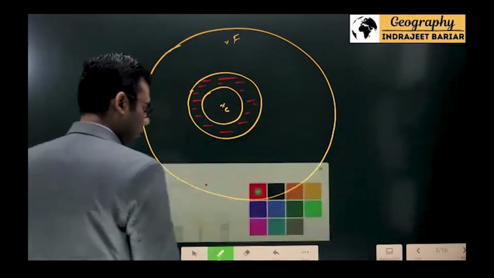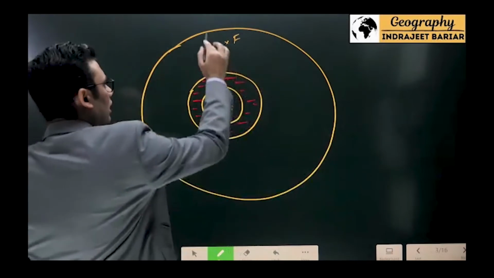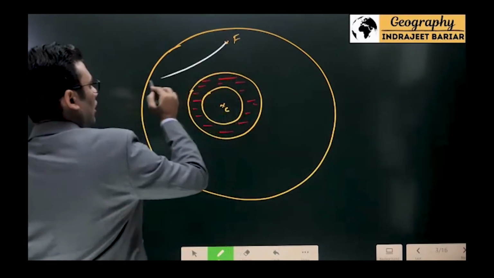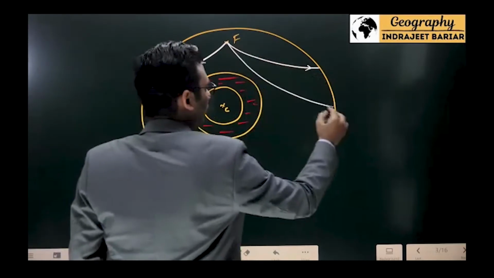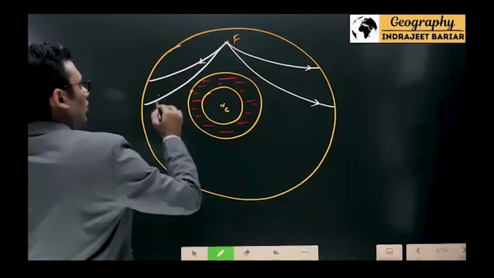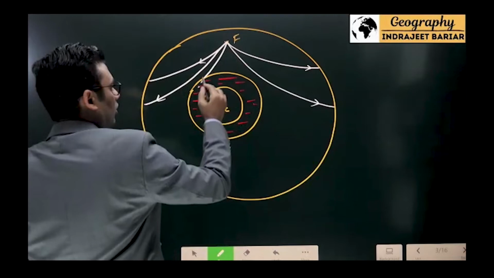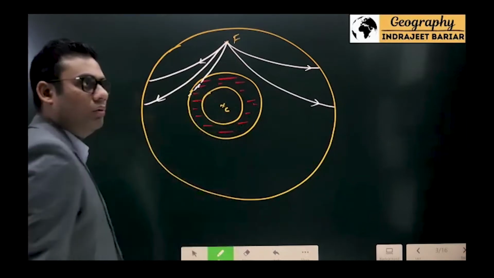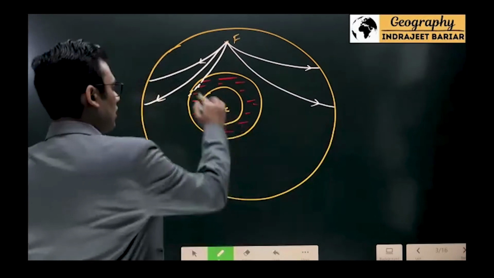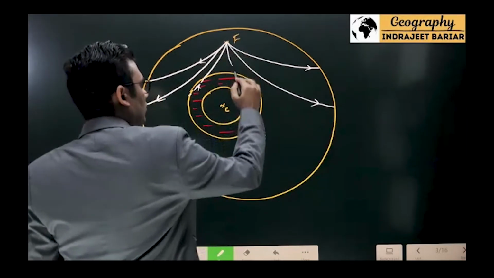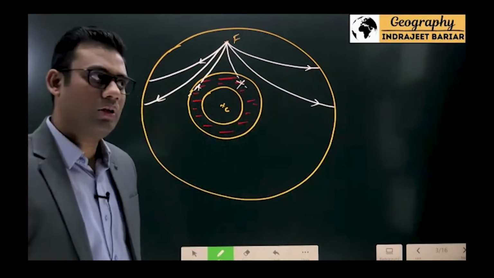So what happens first, if I talk about the P waves or S waves, first of all. The S waves, starting from the focus, are passing through like this over here. But if you see the S wave reaching here, it would not be able to pass further, because we have said that S waves can pass only through solids. So S waves cannot pass from here now. Likewise, an S wave coming over here would not be able to pass through. So these S waves would be blocked.